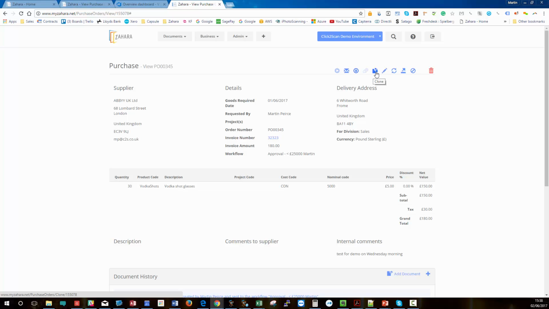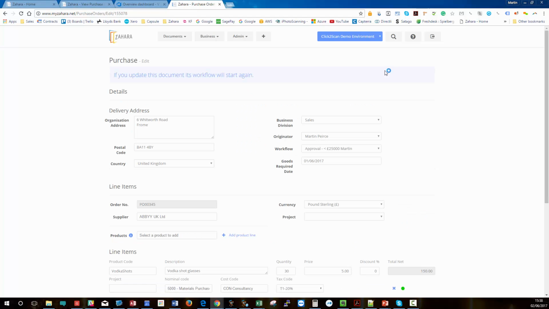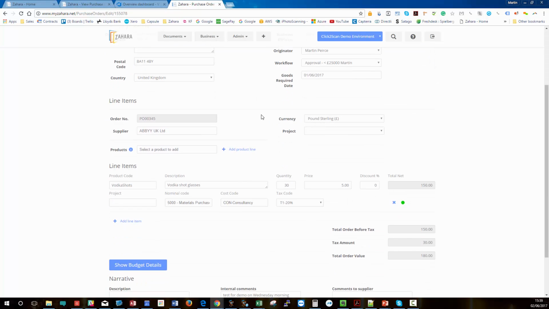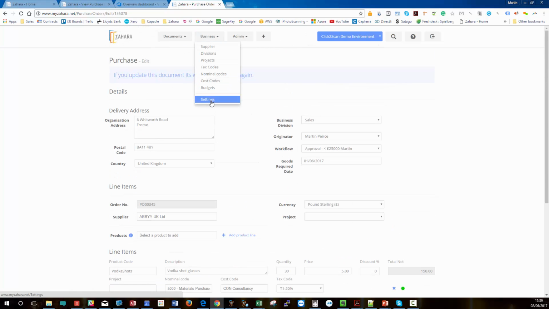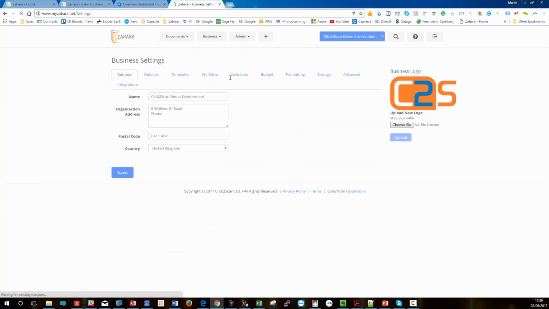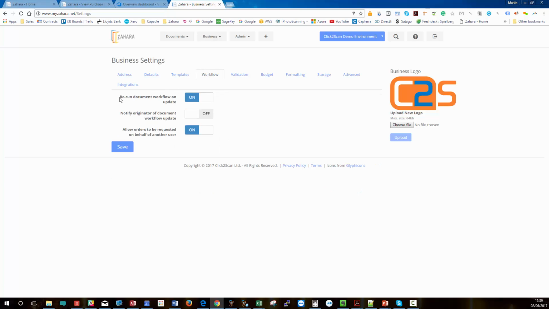You could clone it. It could be that you order vodka shot glasses on a regular basis, so you can go into one of your most recent orders and just clone it, and of course you can edit it as well. And one of the settings behind the scenes says, if you're going to update this document, we're going to send it out back into an approval process again. So there's lots and lots of settings in here which control what your users have to do and different outcomes based on things. So for example, that setting there was rerun the document on a workflow update. So going back to the list of purchases,